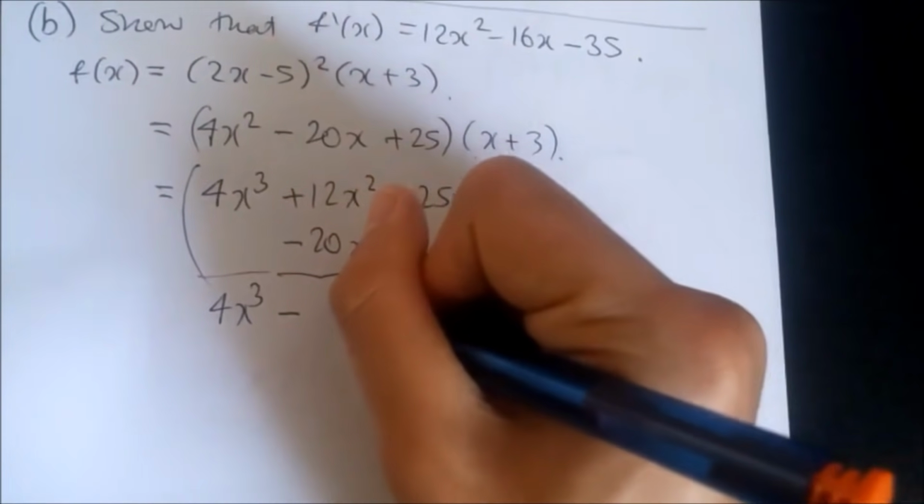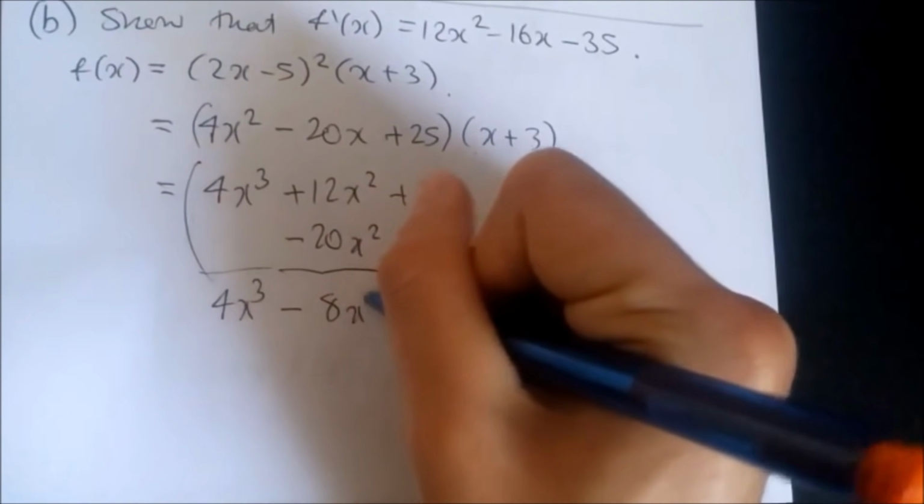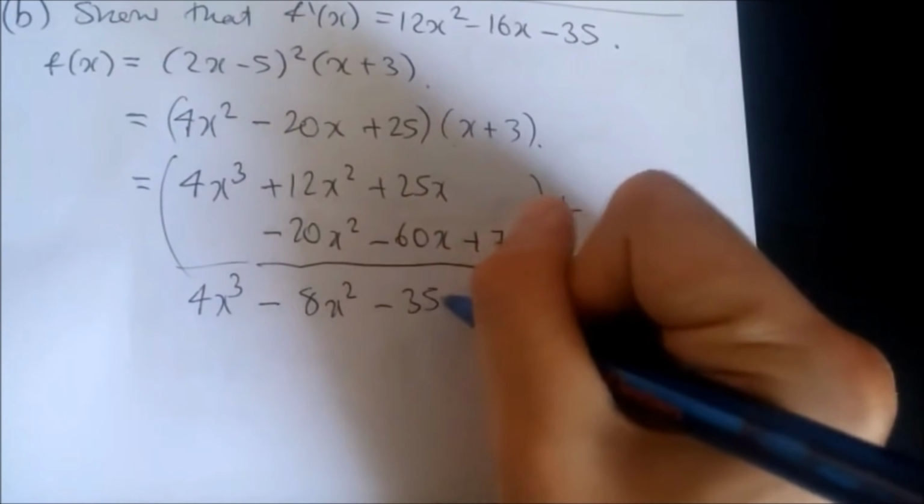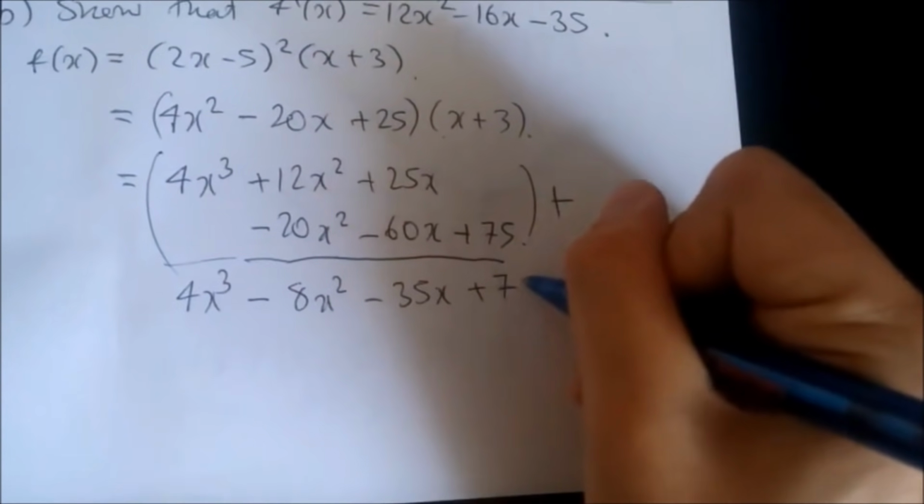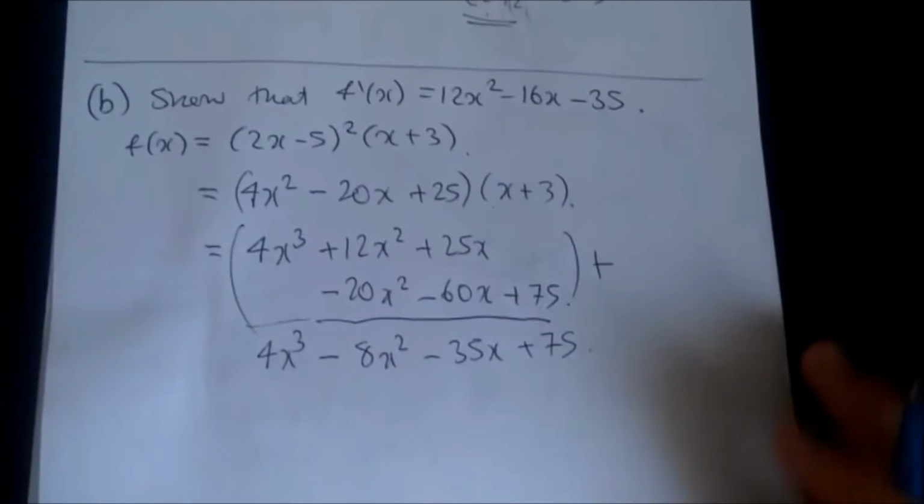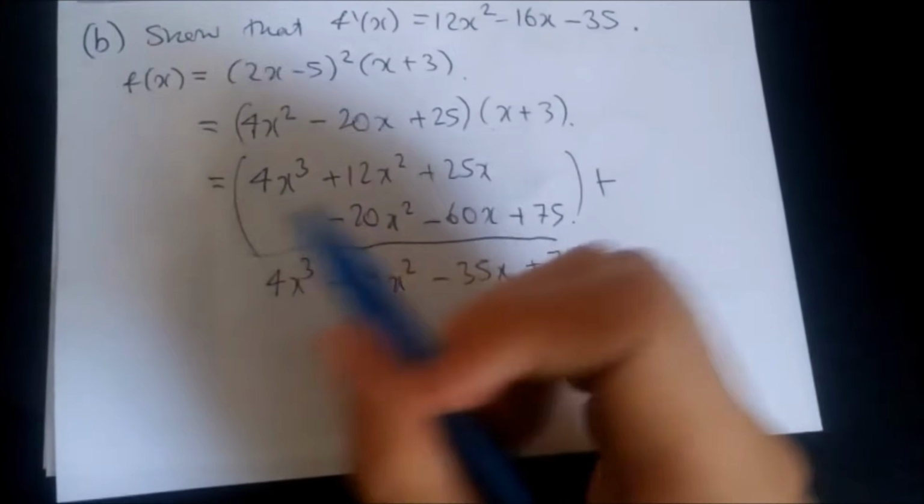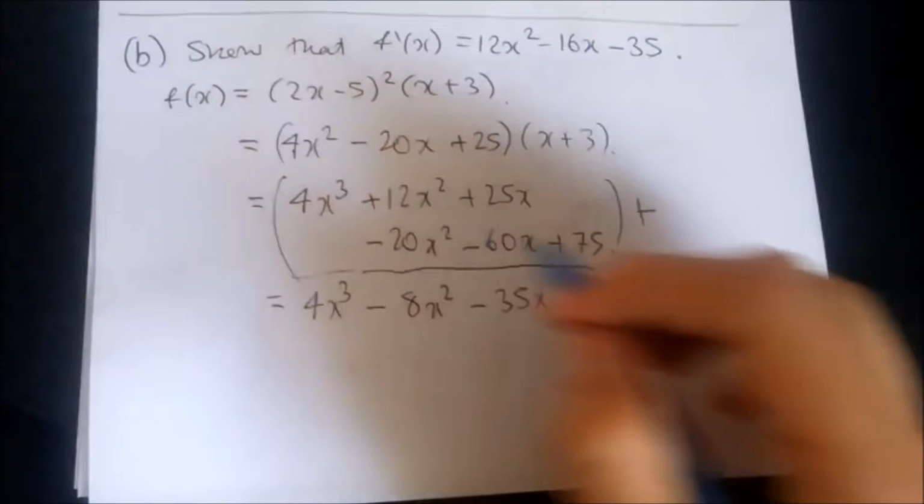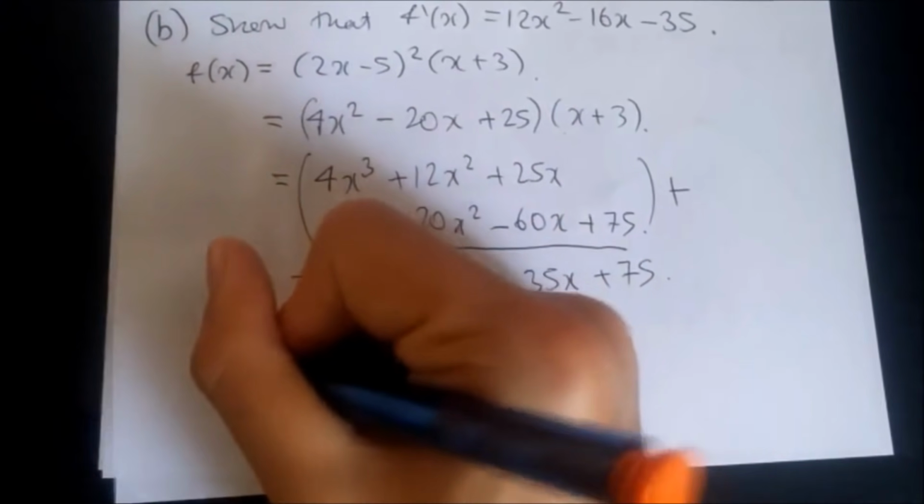Yep, that will give us minus 8x squared. 25 take away 60 is minus 35x, and of course we've got 9x plus 75. Alright, so where are we now? Now we just have to differentiate this equation. Remember, this equals that. So taking the first derivative of this one, I think we can see we'll get it. So therefore,